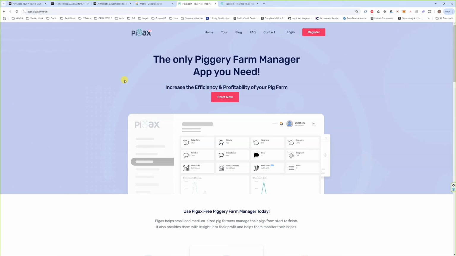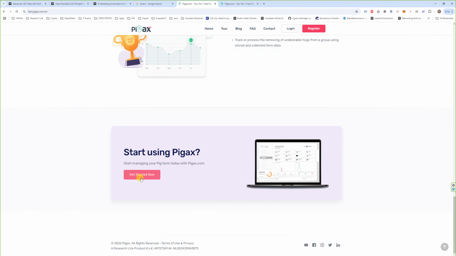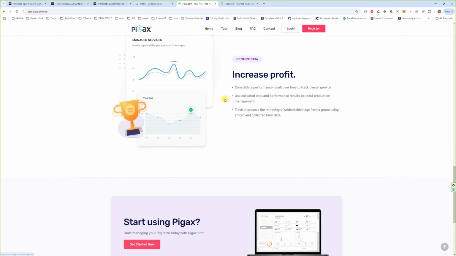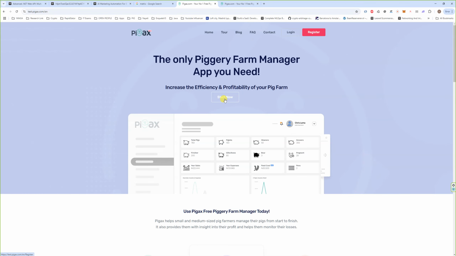You want to be specific. You want to be precise. You want to say, click on the red register button on the top right corner. You see, that's very precise. The person knows, okay, you have to go to the website, look at the top right corner, and look for the red button called register. Or click